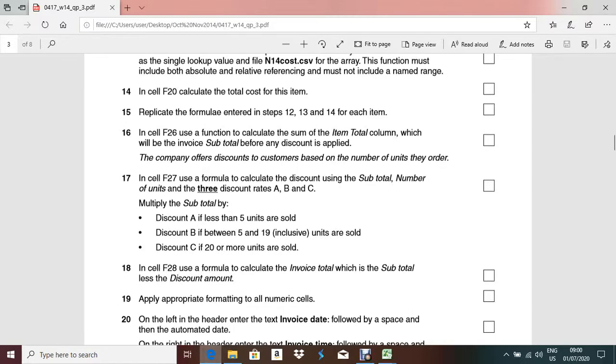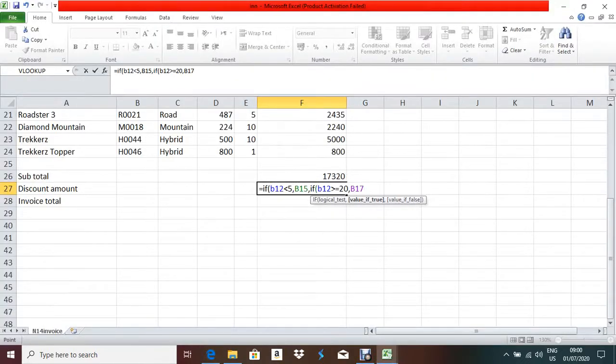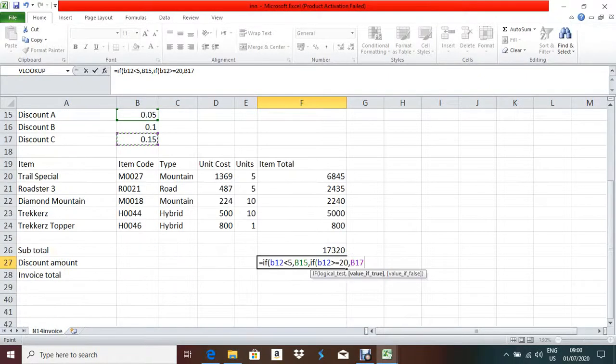That means if the condition is not finding any data, according to the condition, whether the B12 number of units is less than 5 or more than 20, if the computer is not getting either, then automatically the computer will print the second condition. What is the second condition? If it is between 5 and 19. I checked all the data except between 5 and 19.